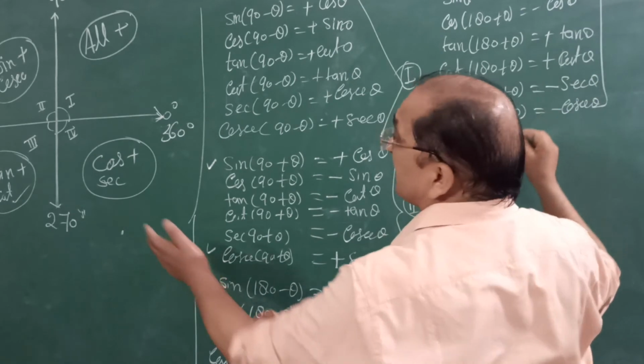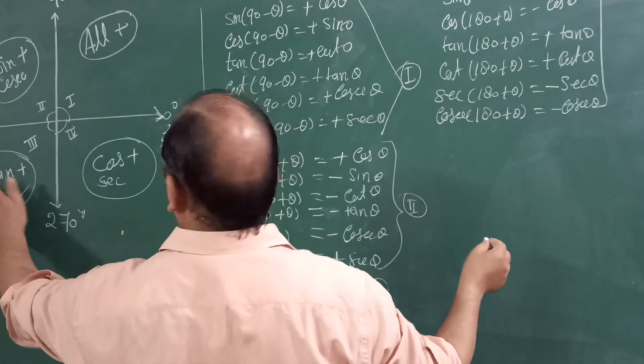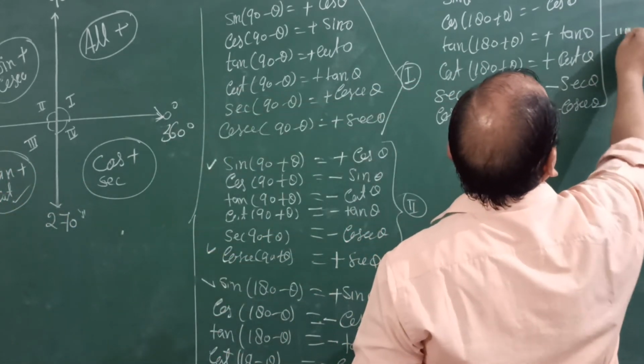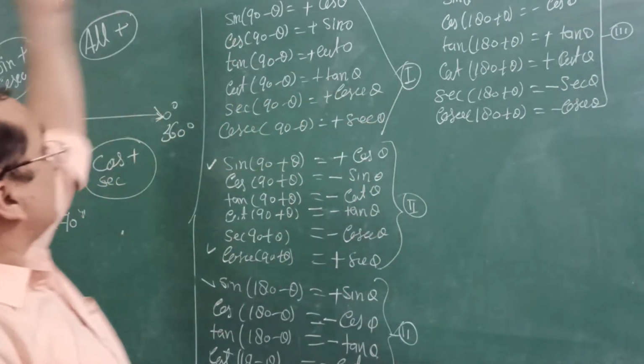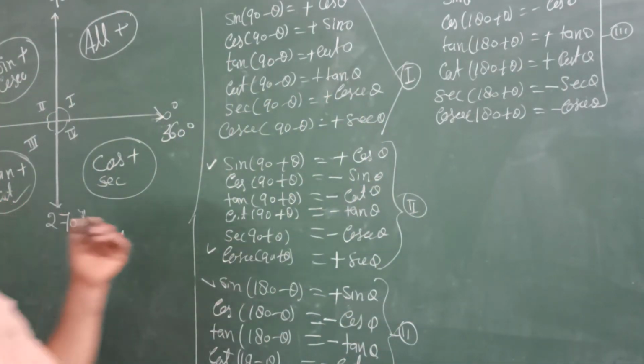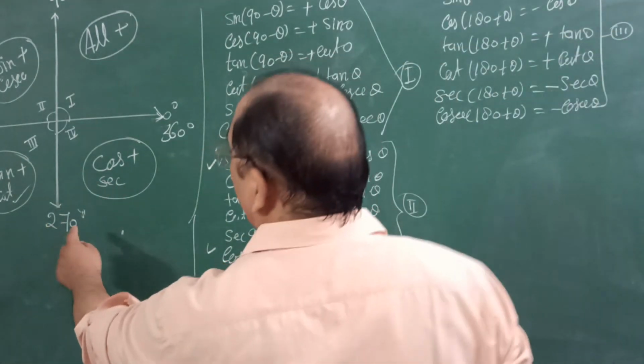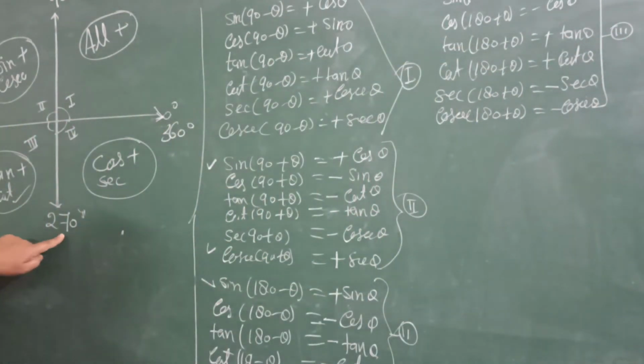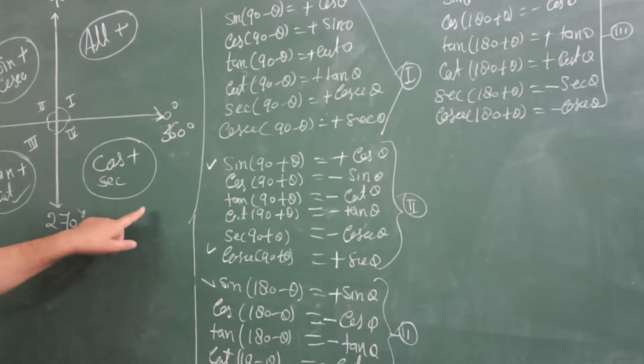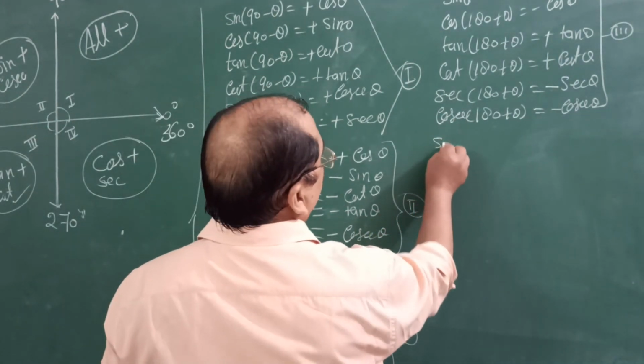It means this is 180 plus theta, so this is the third quadrant. We know that in the third quadrant tan and cot are positive and the rest of them are negative. So I have written these things for the third quadrant. Now after 180 plus theta, we will go to 270 minus theta and 270 plus theta. Now see, sine